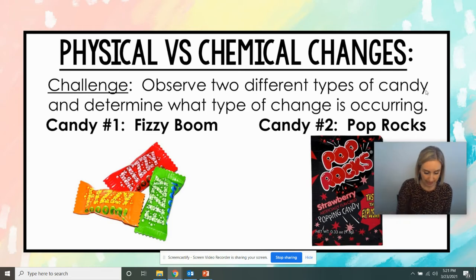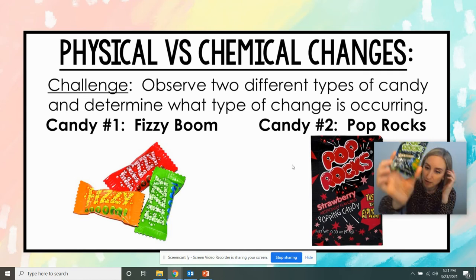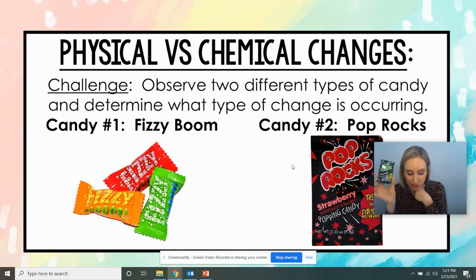So the first candy, you probably have never heard of this, but there's one candy called a Fizzy Boom. You're gonna take a look at this candy. It's actually a candy from Ukraine, and you're going to be observing it, like I said, and seeing if you can figure out what kind of change it is. The other type of candy you're probably more familiar with, this is Pop Rocks. You guys have all probably heard of Pop Rocks. You're gonna be looking at this one as well. So that's the goal. We're trying to figure out, as we observe these candies, what type of change is going